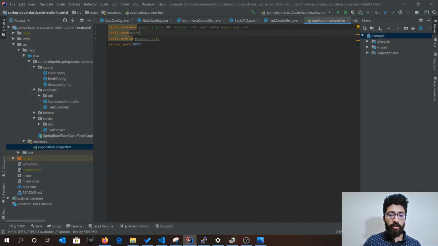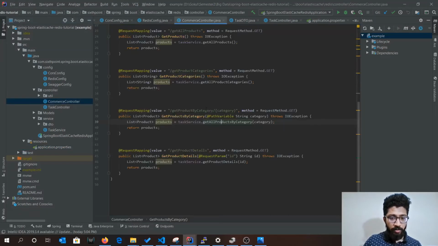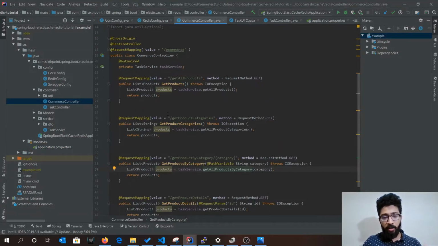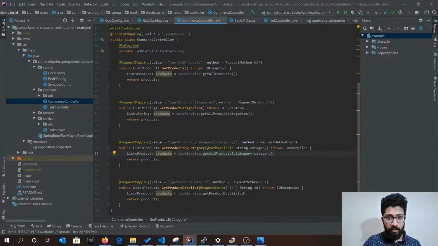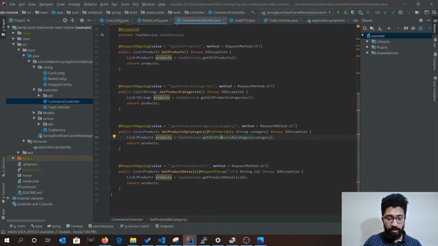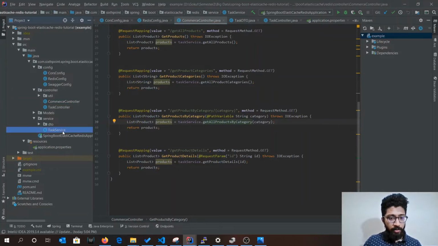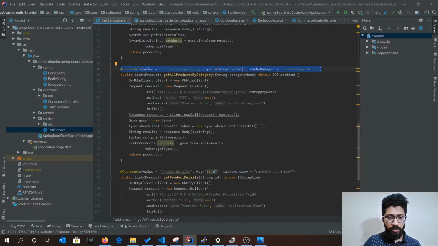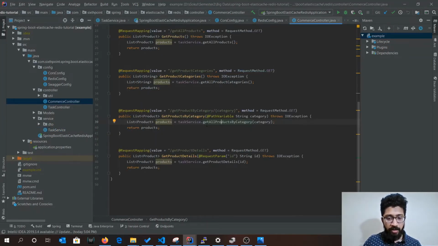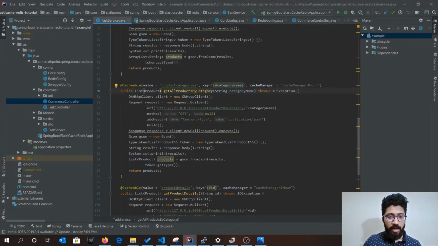and it's running on port 6379. Then if you look at the e-commerce controller, which has the endpoints for all of those API calls that come in from the front end, we have all of these: get all products, get product categories, similar to what we saw in our front end. If you take a look at the e-commerce controller, we have this task service that we are implementing to provide us the list and the string and all of that. So if you take a look at the task service for get all products by category,